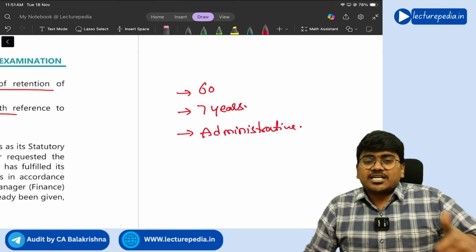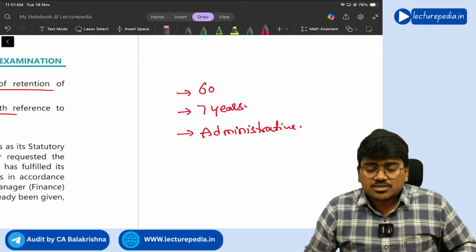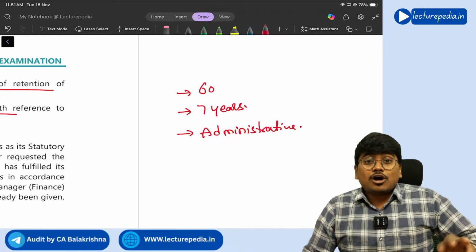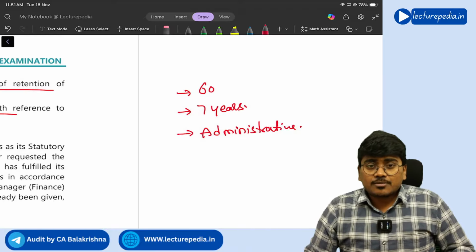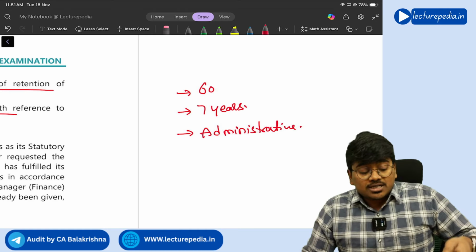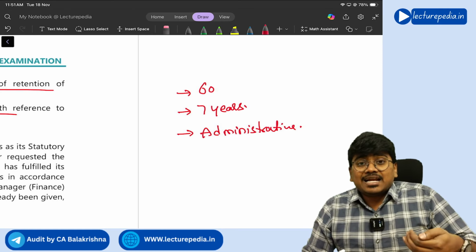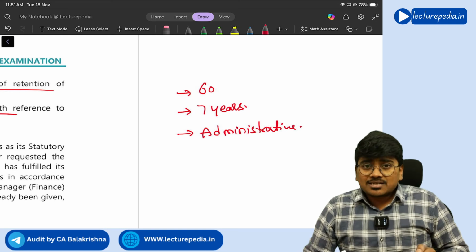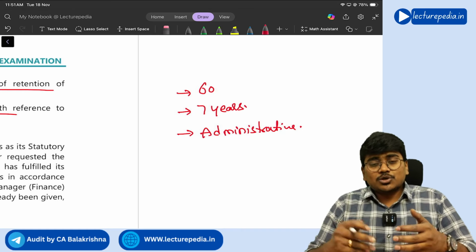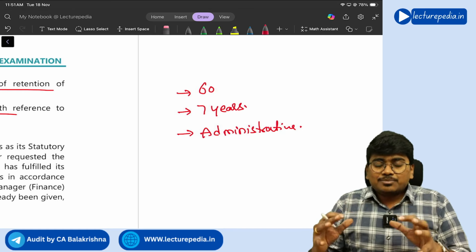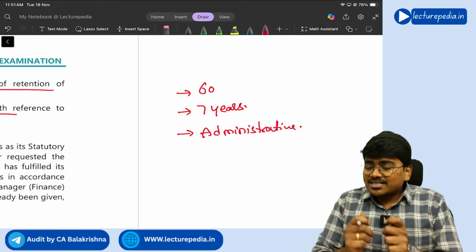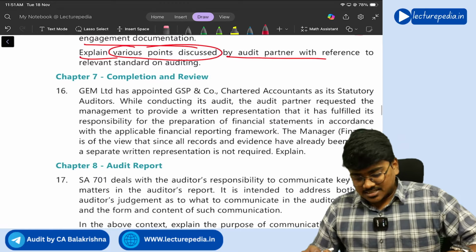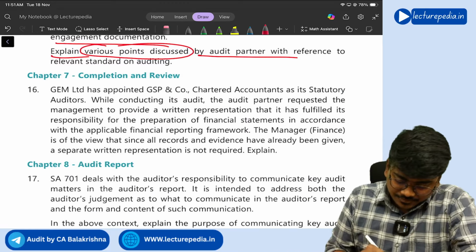Deleting superseded documents, that is draft versions, deletion of draft versions. Next, sorting, cross referencing of documentation. Next, adding a document which is already agreed among the team members during the audit. All these come under administrative changes. So you can also mention that administrative changes to the audit documentation. Got it? Yes. Next, question number 16.